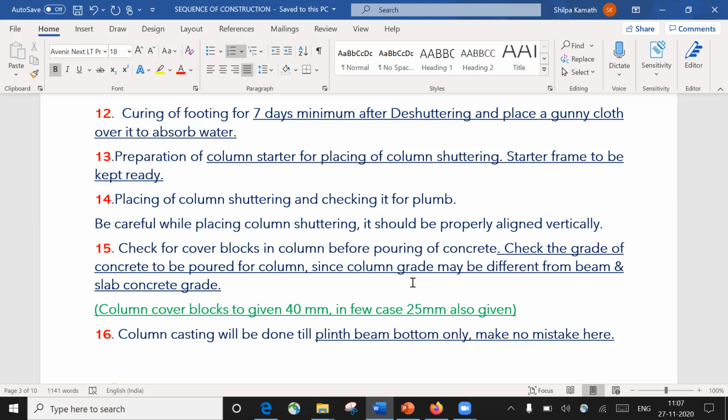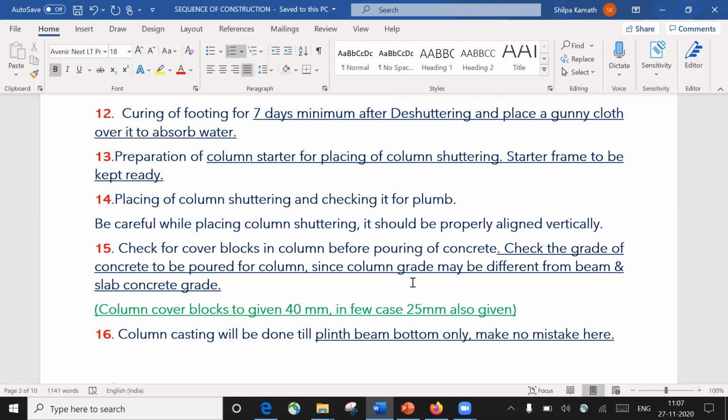That means, let us say I'm using M25 grade of concrete for a footing, for beam, slab and all. But when it comes to column casting, I'm going to increase the grade. Instead of M25, I'll mention that for column you need to use M30 grade of concrete. Now what is the reason behind this? See, usually column is my compression member, and we know that concrete is strong in compression. So by taking advantage of that, we increase the grade of concrete,